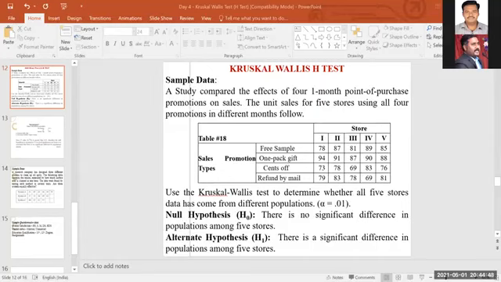Hypothesis is just like an assumption. Whether you are proving yes or no, it's a kind of research also. If you're saying no, it is not proved, that is also research, right? It's not that every time you have to prove. Sometimes you can prove that there is no significance at all. That is also one proof, that is also one outcome for a research, that you can justify.